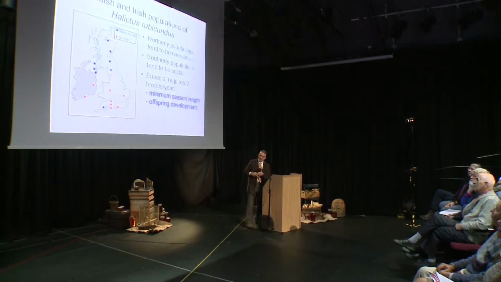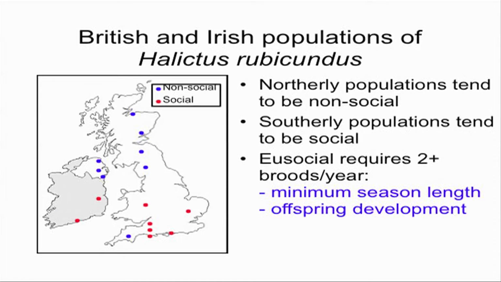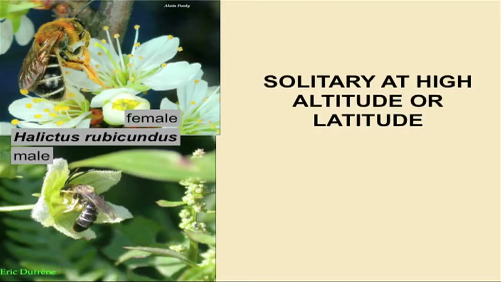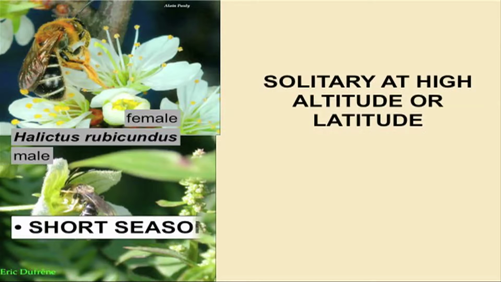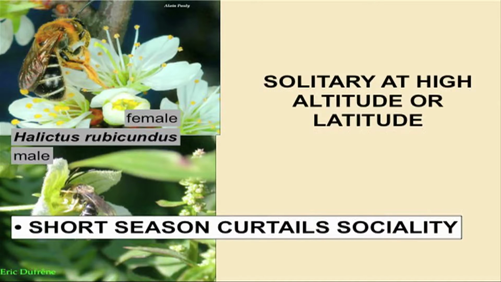And if you notice, that means the Irish bees, blue and red, are similar, and the British bees, blue and red, are similar. So it doesn't look as though genes play a role here in this transition. Genes seem not to be important. So it seems like environment plays a role. When it's cold and wet, they're solitary. So we went out to test this